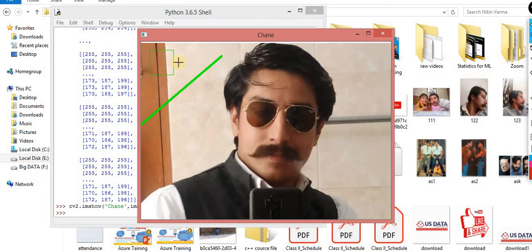You can take a 2D image as well, but I show you with the 3D one because mostly we play with 3D images. Sometimes we have to convert them into 2D images, and I will show you how you can convert them into 2D.